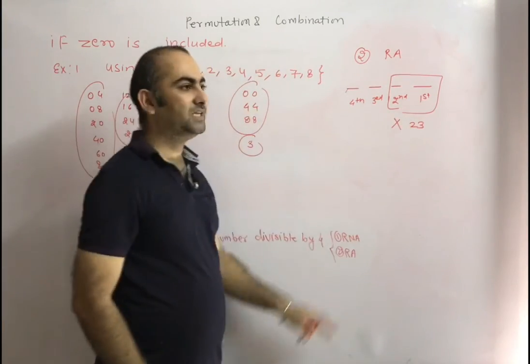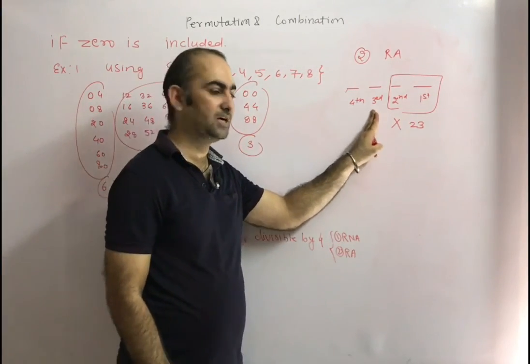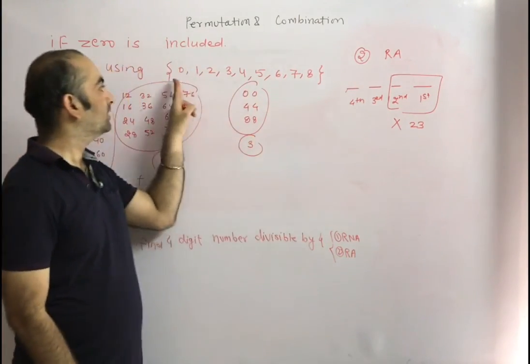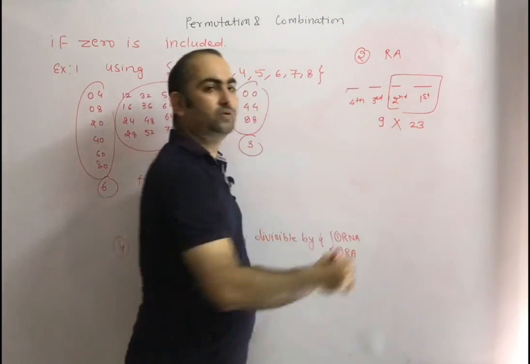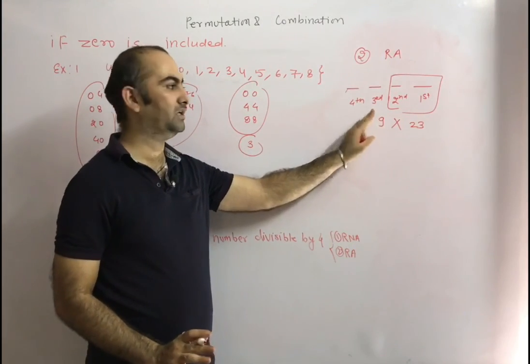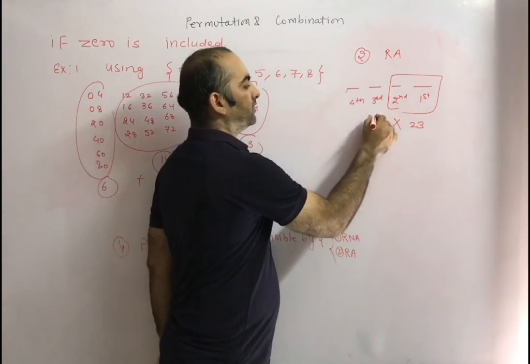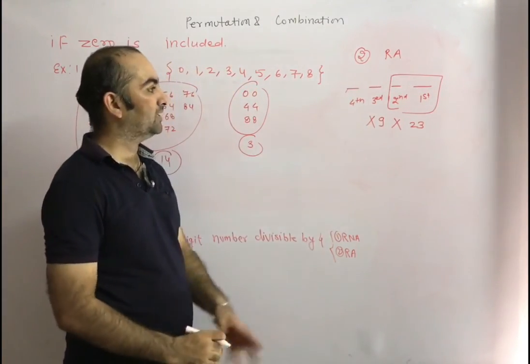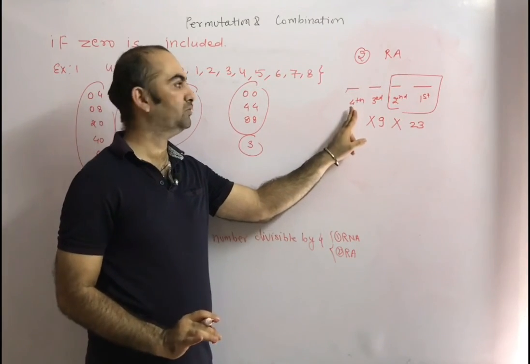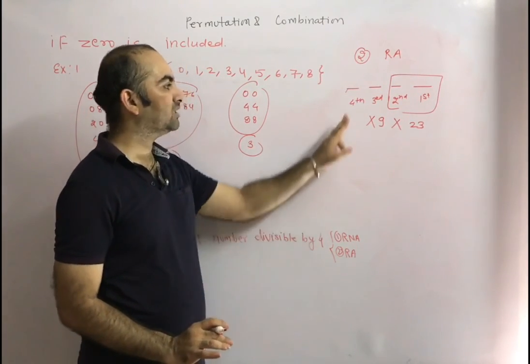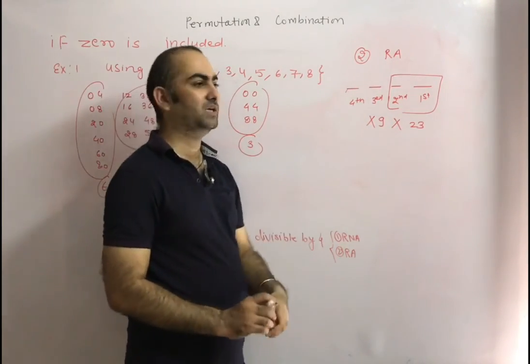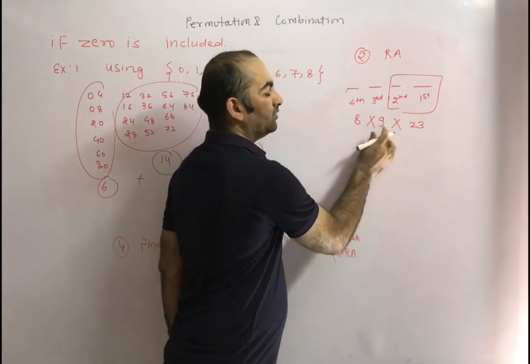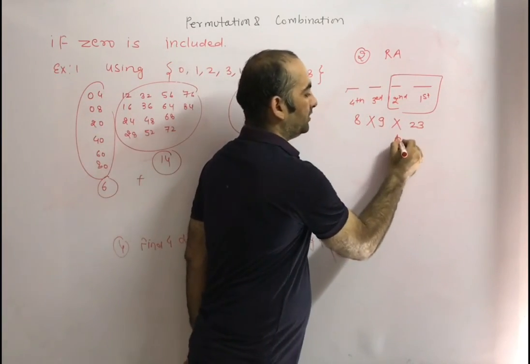Now at this place how many numbers can we put, because repetition is allowed? We can put all the numbers, 9 numbers. So for filling the third place, how many choices do we have? 9 choices. Again multiplication because we have to fill the 4th place also. But at the 4th place we can't put 0. If we put 0 here, we'll get a 3-digit number. So except 0 we can put any number. At the 4th place, how many numbers can we put? 8 numbers. So what is the answer? 8 into 9 into 23. This is your answer if repetition is allowed.